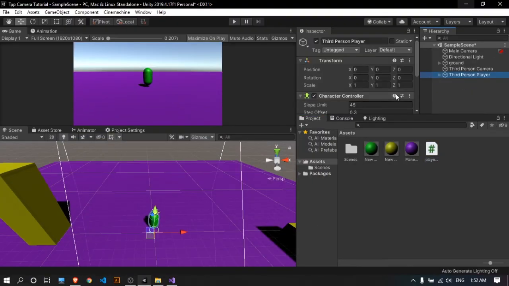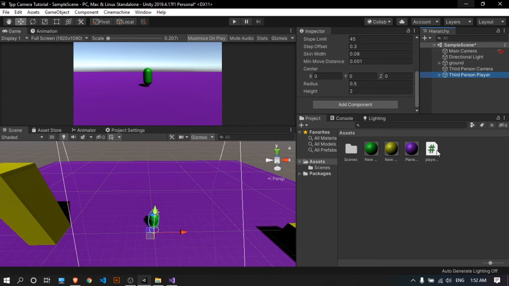Alright, so now in Unity we are just going to give our third person player component this player script. Once we have given it the script, we find a speed, our turn smoothness, which is going to smooth out the turn, and also turn velocity.